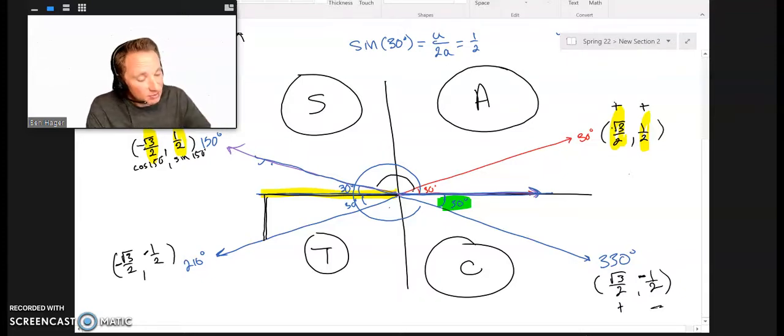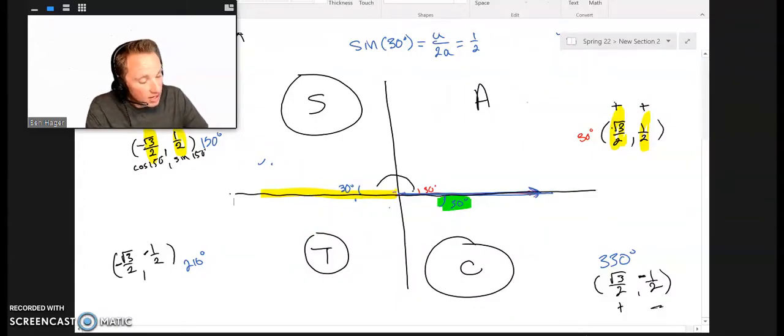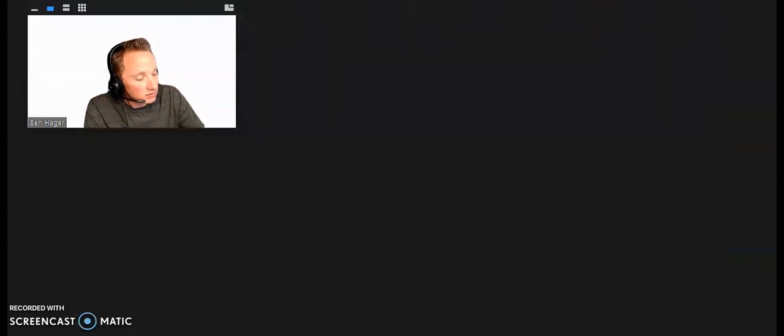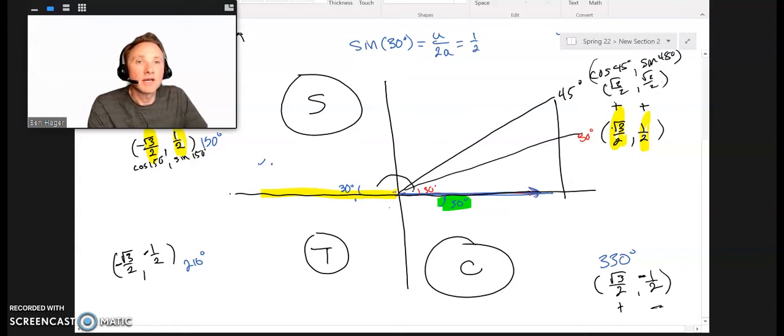Now this same exact procedure can happen for your other common angles, right? Let me try and clean this up a little bit before the video ends. But imagine you've got, so there's my 30-degree angle, imagine you've got a 45-degree angle. You can calculate out what the cosine and sine are. Spoiler alert, you're going to get root 2 over 2 for both of those. Okay. Now,